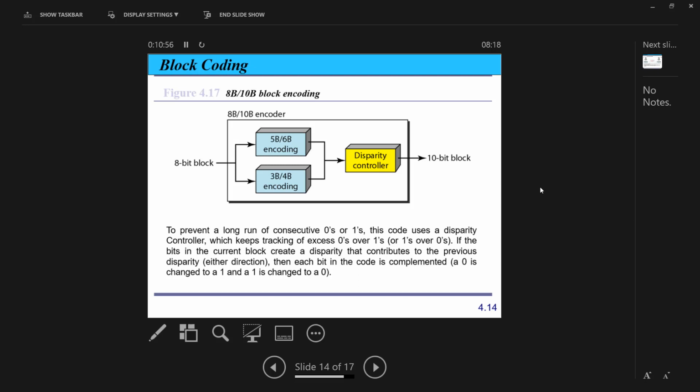So this is an extra degree of enhancement. The 5 bits, 6 bits are supposed to generate a good result, but even if by chance the generated block after combination still has some zeros, we can use the disparity controller to complement the zeros to ones or ones to zeros to balance the number of zeros and ones and to avoid long zeros and long ones. So this is an extra enhancement option by using the disparity controller. Okay,